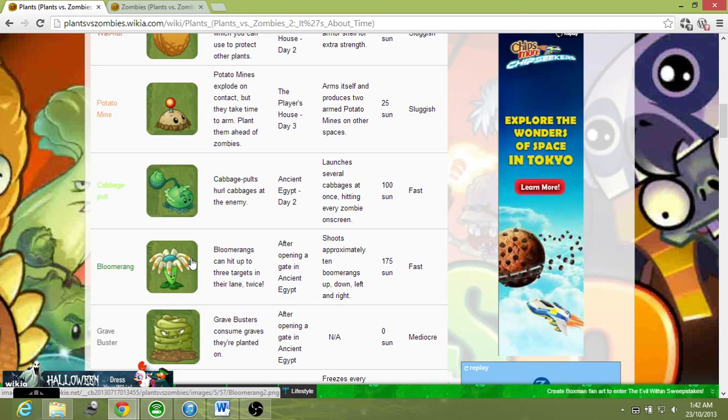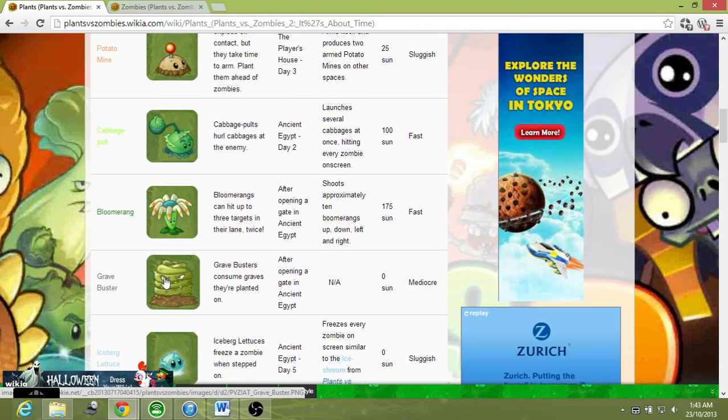Now we move on to the first specific support plant, the Gravebuster. Now, as you know, it is only good on Egypt and nothing else. But the main thing here is how to properly use the Grave Buster. When you reach level 10 and above in the challenge levels on Egypt, you notice a heck load of graves. And the problem here is, which grave do you remove first to give you the best advantage in a level? Now, let's say you have